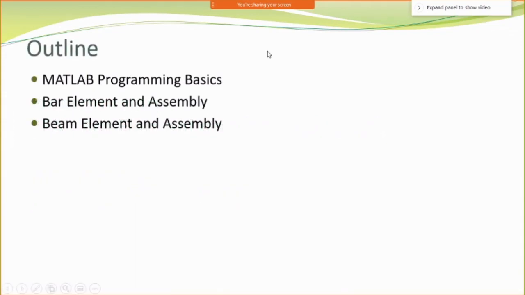I think you know what MATLAB programming means and how we can write a program in MATLAB, because we have already gone through subjects like numerical methods, which give a basic idea about MATLAB programming. This session highlights how to do an FEA program